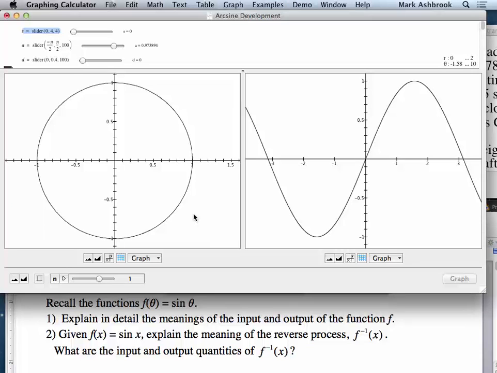Yeah, so the inverse would be the inverse. What are the regular sine functions or the reverse or the inverse? What do you think? The radius. For sine,